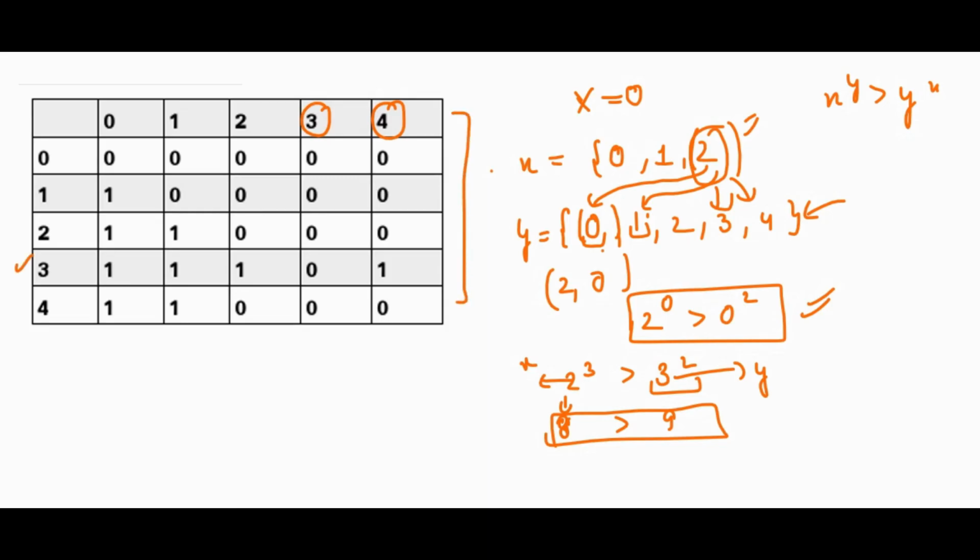Same with 3, same with 4. You can see 3 to the power 0, 3 to the power 1, and you can evaluate this yourself by taking help of this table, and you will get all the exceptions. What you have to do is store these exceptions in an array, let's say exceptions of y, and you have to store the number of zeros, ones, twos, threes, and fours present in y in this.